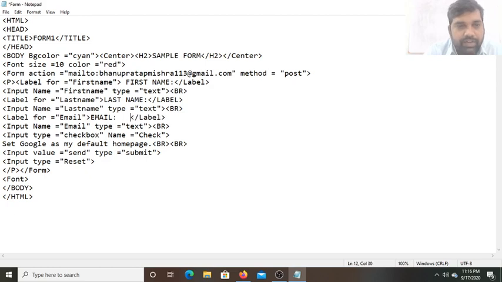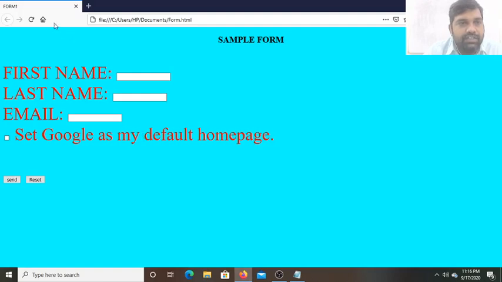I have given this much white space and saved it, and I will go to the web page and refresh it. See, there will be no changes. If you give blank spaces with the help of the space bar, HTML does not read the white spaces.